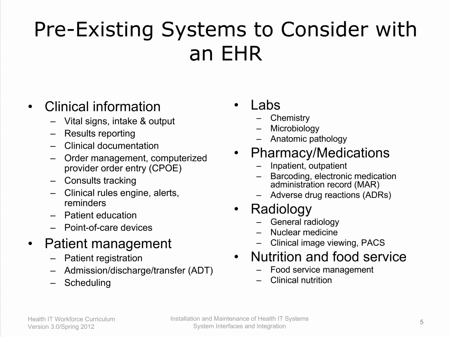Slide 5. Some of those pre-existing systems which may need scrutiny prior to the implementation process include clinical information systems such as patient vital sign measurements and intake and output, results reporting, clinical documentation, order management and computerized provider order entry, or CPOE, consults tracking, clinical rules engine, alerts and reminders, patient education, point-of-care devices such as portable machines that measure blood glucose from a fingerstick, patient management such as patient registration, admission, discharge, transfer, or ADT, scheduling,